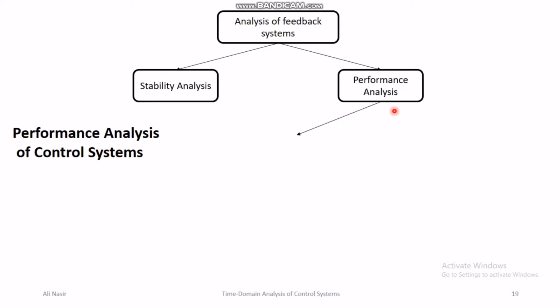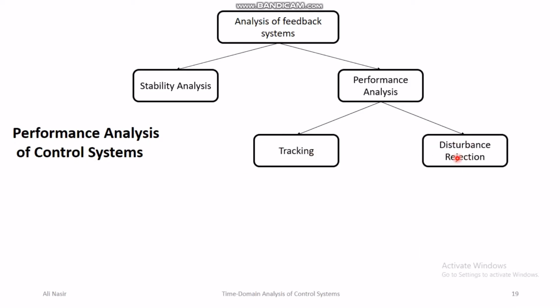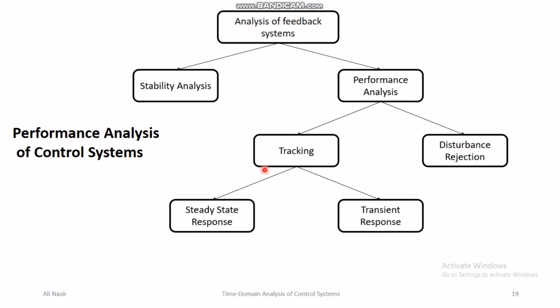In performance analysis, there is the analysis of reference tracking performance, and there is an analysis of disturbance rejection performance. In the previous lecture, the first part of the review of the course, I told you that we are not discussing disturbance rejection in this course, or the trade-off between noise and disturbance. That is discussed in graduate level courses in control systems. But we are going to discuss reference tracking, and in reference tracking the performance has two types: the steady state performance and the transient performance.